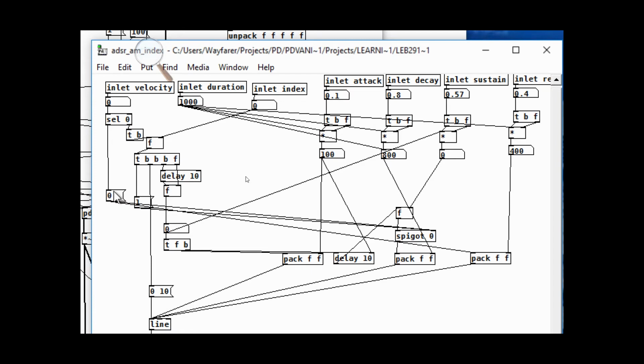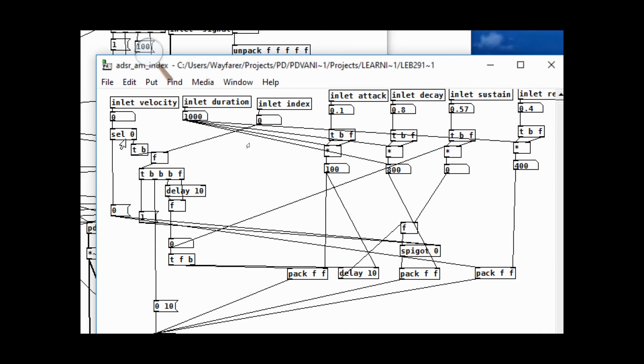So it comes through with the 0, but I change this section. Instead of it passing velocity through, we don't want note velocity here, because that's not going to help anything. We just want the zeros to come through, or the non-zero number, to say when the note starts and when it's been released. When the non-zero number comes through, it comes out this outlet and triggers a bang. That bangs this float box through, and what's being stored in the float box is the actual index value. Right now it's at 0, but whatever its value is gets banged through,